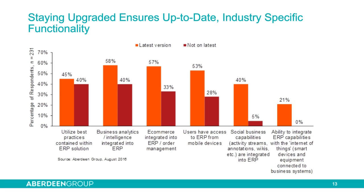You also see that those on the latest version of ERP are more likely to take advantage of some of those emerging technologies we talked about before: business analytics, mobile access to ERP, social business capabilities. But we also see here that 57% of those on the latest version, in comparison to only 33% of those not on the latest, are likely to have e-commerce integrated into ERP and order management. As the world changes, more and more of your customers are going to find more ways to interact with your organization,